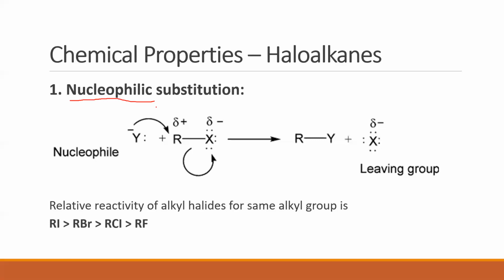So let's try to understand what's happening here. But before that, I want you to look at the nature of the alkyl halide. For the alkyl halide, let me write the general structure RX. Clear? Now in RX, R is nothing but carbon. One thing that you can observe here is carbon is bonded to halogen. Who's more electronegative? Yes, halogen is more electronegative than carbon. Because of which, what happens?